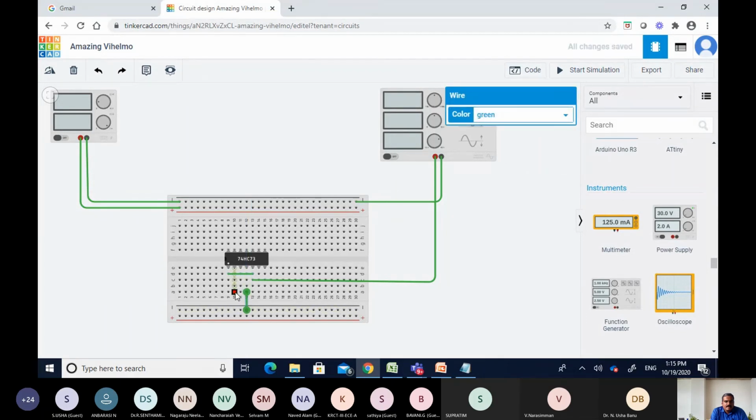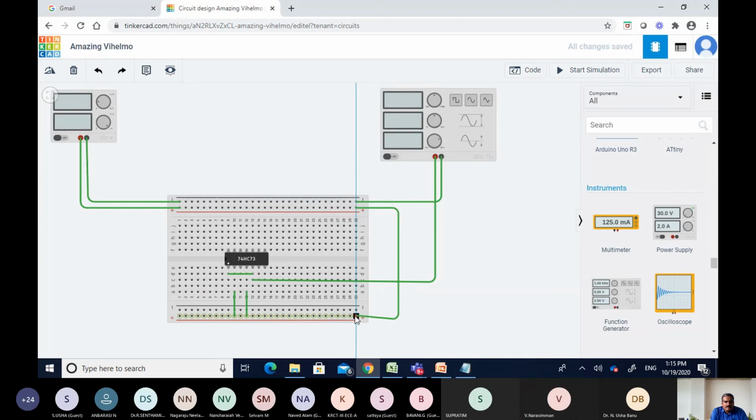So power, I'm connecting it. This is reset 1. Sorry, instead I'm giving it to the positive line. So I'm using the positive line over here, and this is reset. This is K1, clock 2, reset 2.